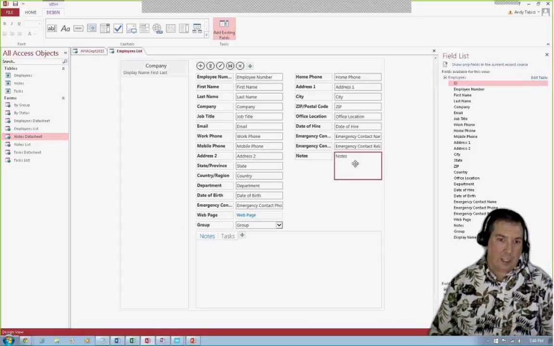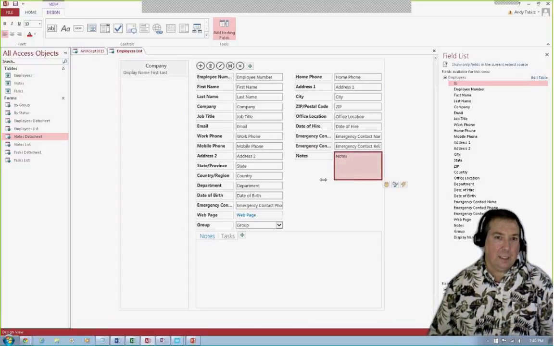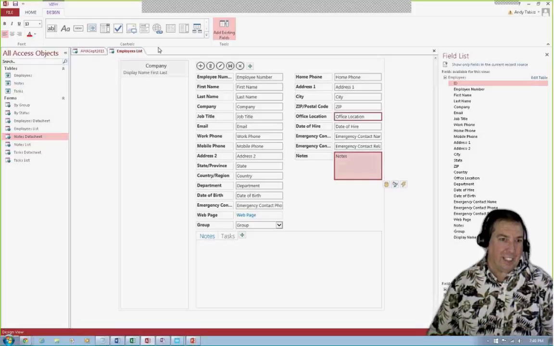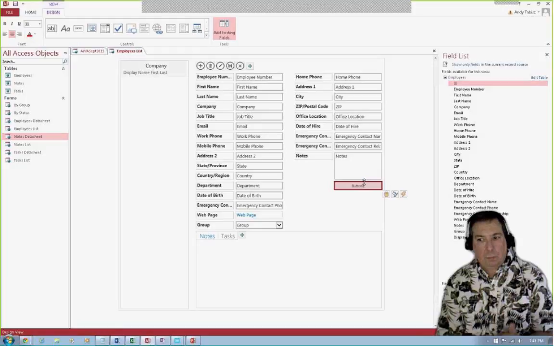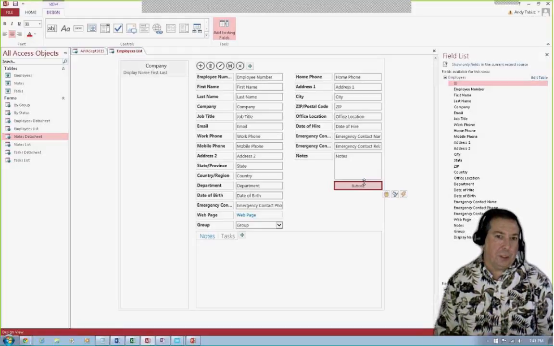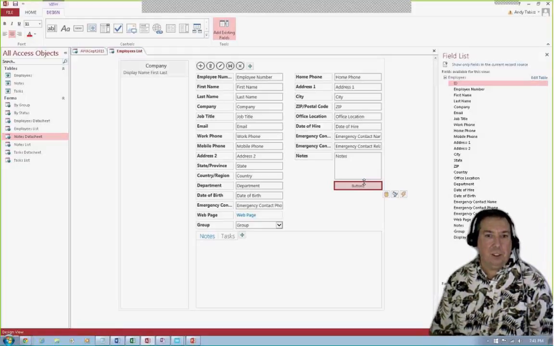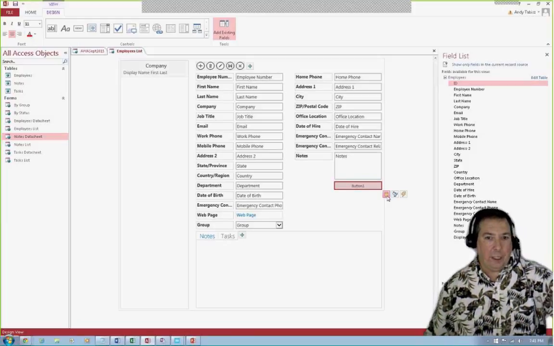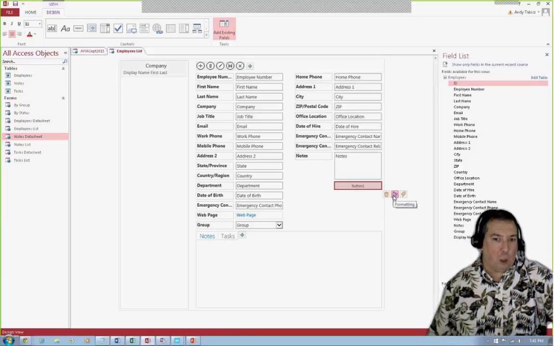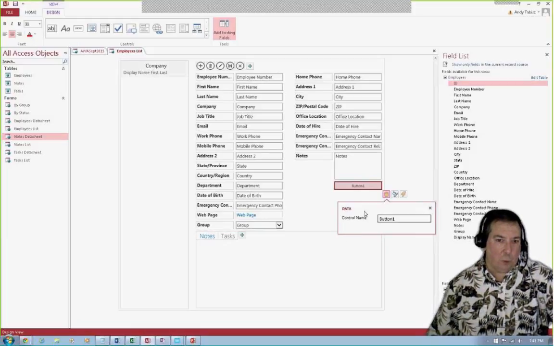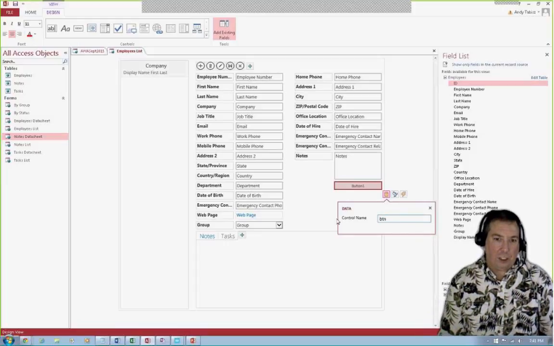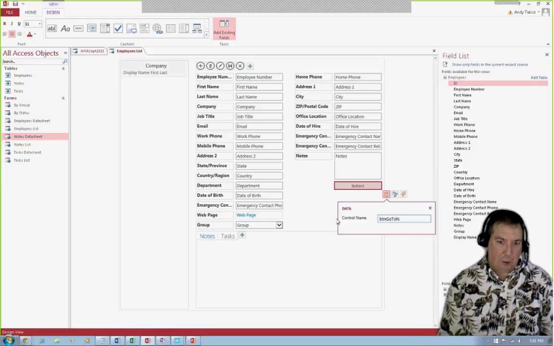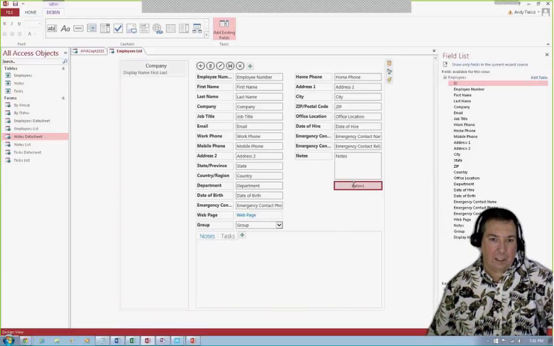But what I prefer to do is to be on the field where I want to add a button beneath it, then click on the button, and it will automatically add it beneath it. So we'll take a look at some of these parts of this button. Here you'll see that we have data, we have formatting, and then we have actions. In the data, in this case, it's a button, so we're just going to name this. I'm going to call this button Go to Notes. So we've got that